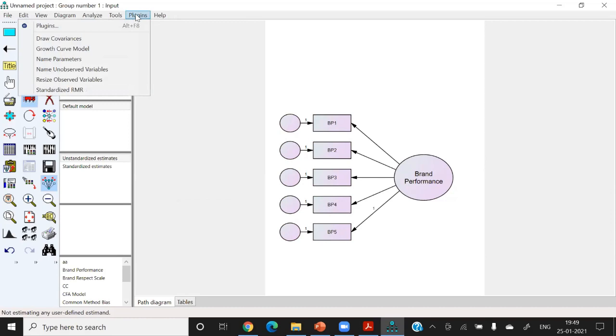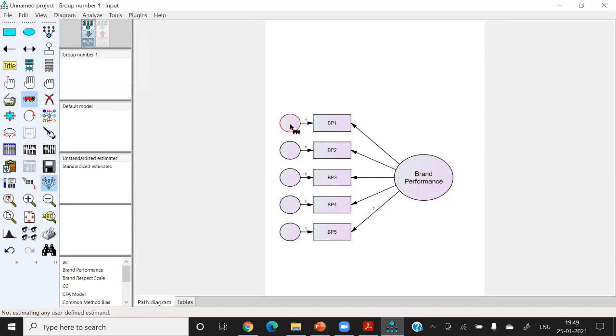In plugins, click on the name unobserved variables. So I repeat, I want to fill these empty circles. If you just click plugin and click on the name unobserved variables, after that you can see all the error terms in these circles. Now my diagram is complete and I want to run this construct.